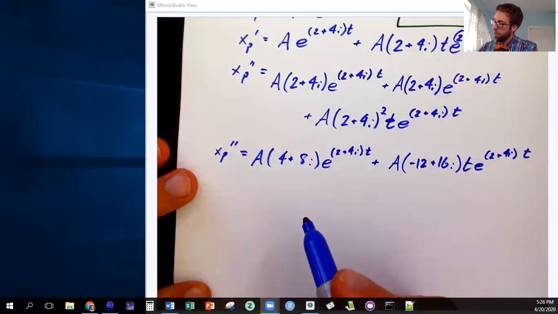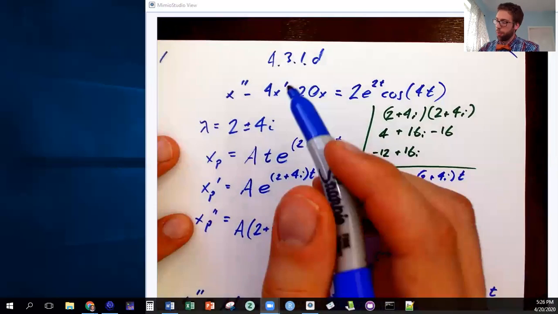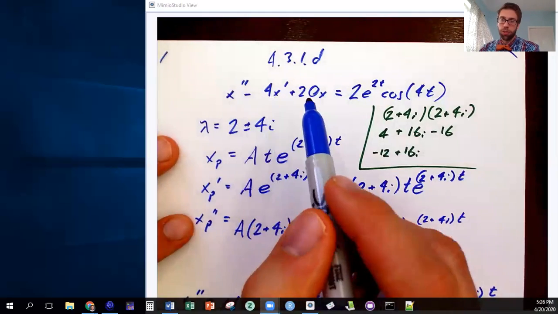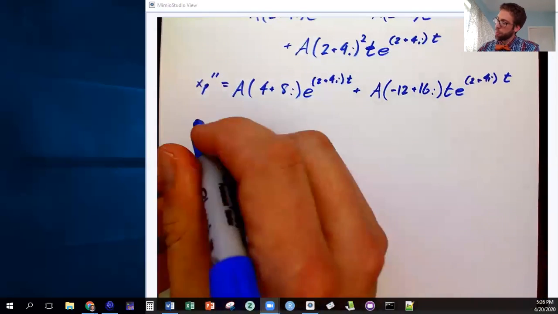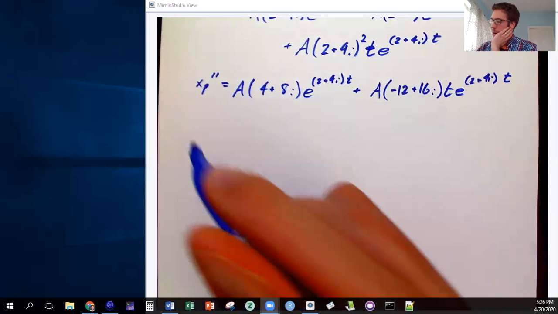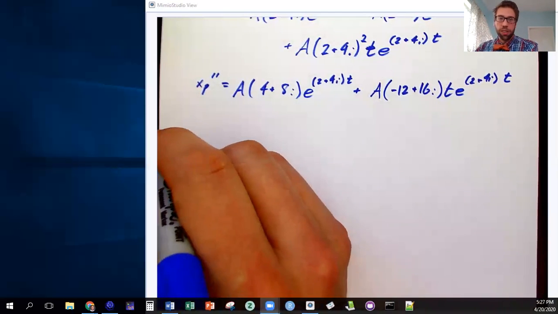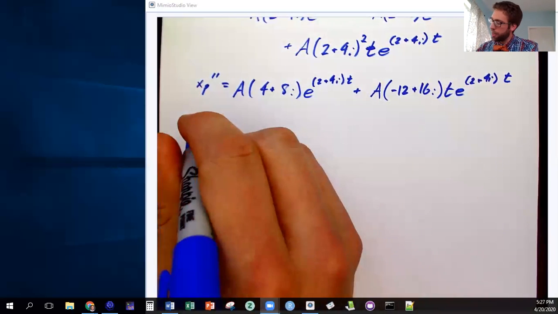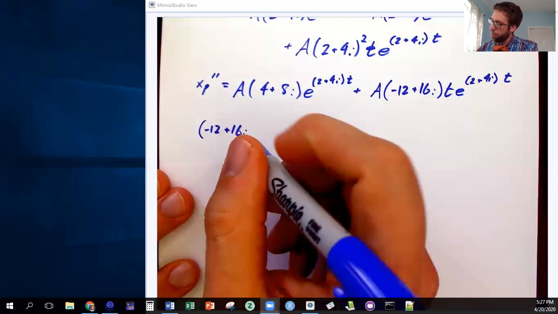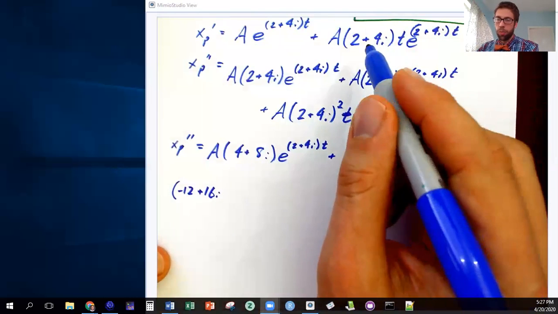Okay, so then my differential equation, which you might have to remember since it's going to be outside of our camera angle, is x double prime minus 4 times x prime plus 20x. Okay, so I'm going to have my terms without the t and then with the t. So let's just do the terms with the t first. Okay, so I've got negative 12 plus 16i, and then plus 4 times my x prime, which is here, so plus